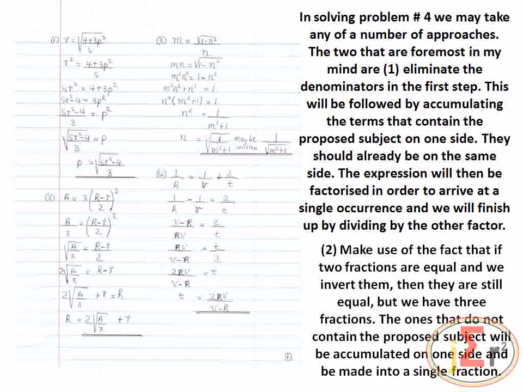But the fact is, we cannot do that so easily with 3 fractions and be correct. Therefore, we need to convert to 2 fractions that are on opposite sides of the equal sign, and then we may do